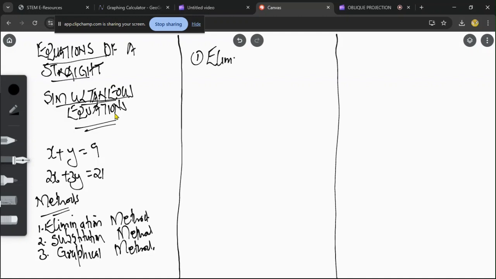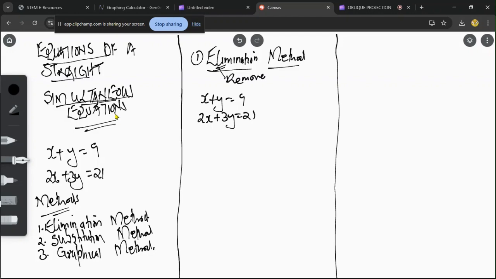elimination method. Elimination method is the most basic one, and is coming from the word eliminating. So we want to eliminate. To eliminate is to remove. So what do we want to remove from here? So if I'm given the equation x plus y is equals to 9, and 2x plus 3y is equals to 21. We are using the word elimination here because we want to remove one of the letters, one of the